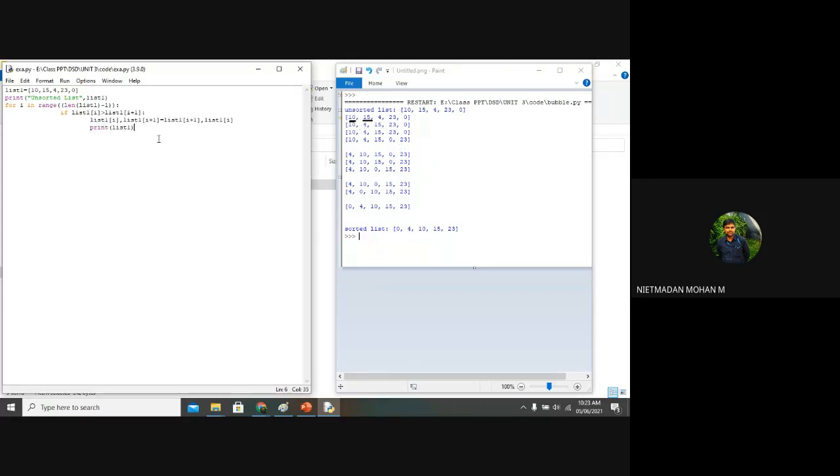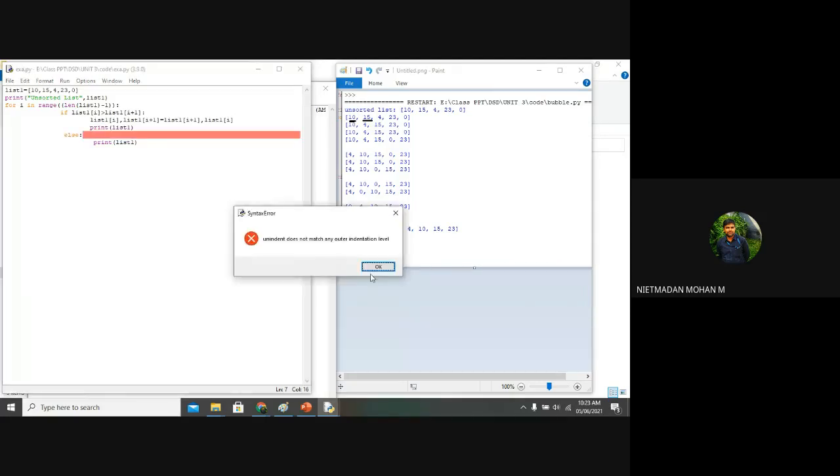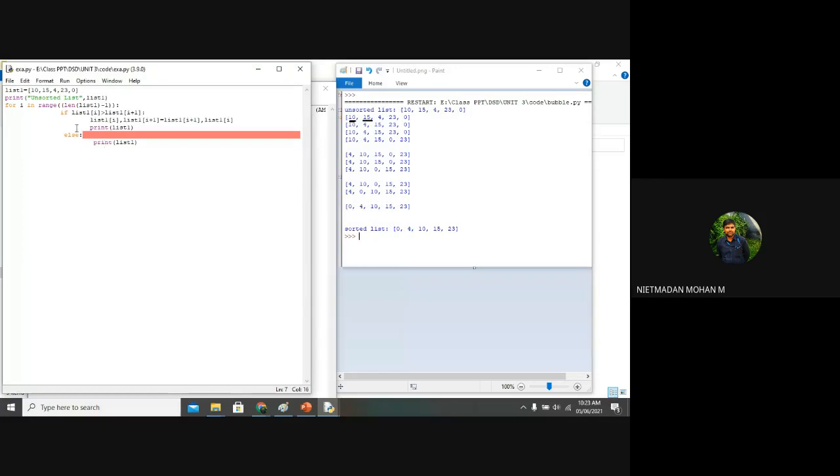If you need all 4 iterations to be displayed, then instead of using just the if statement, you are going to use the if else statement, and in that you want to print list1.